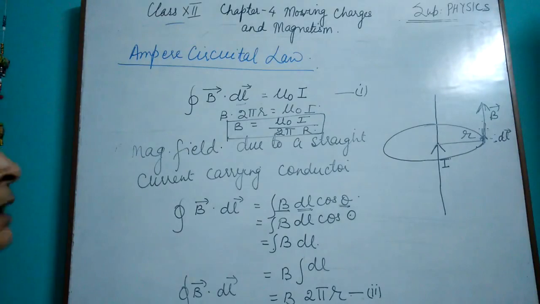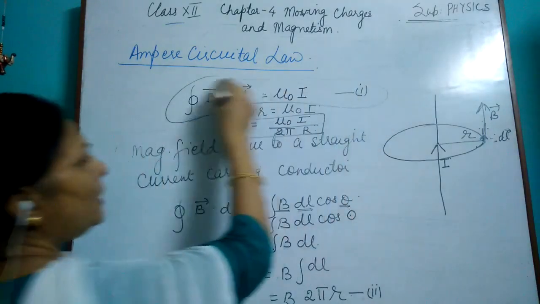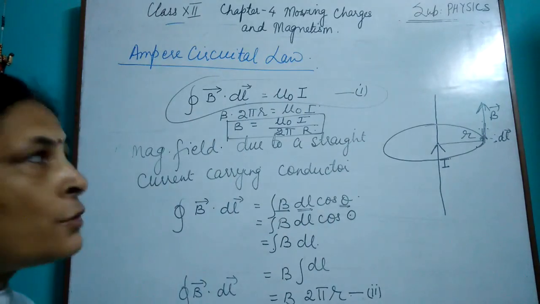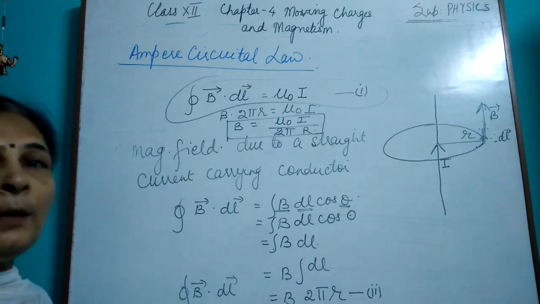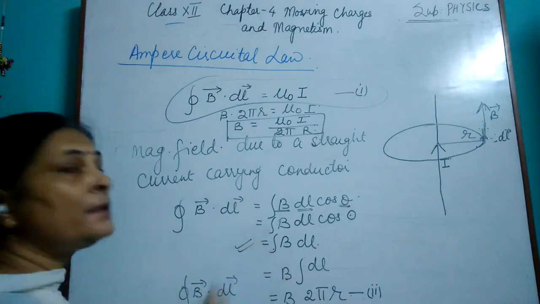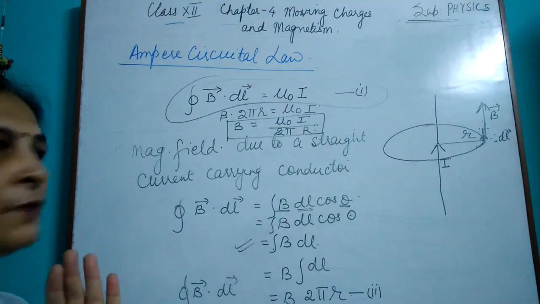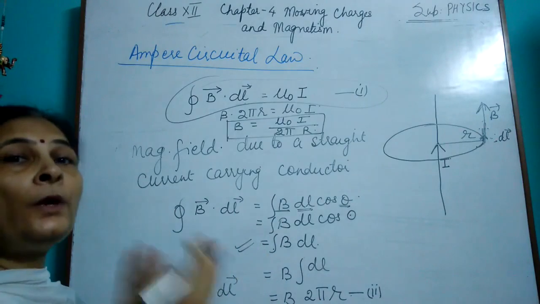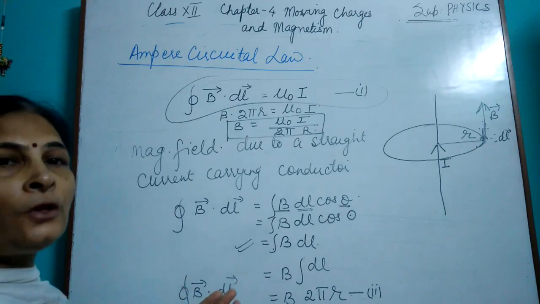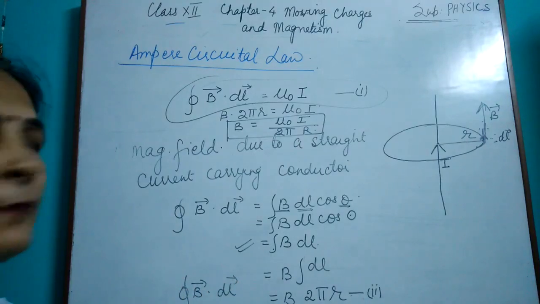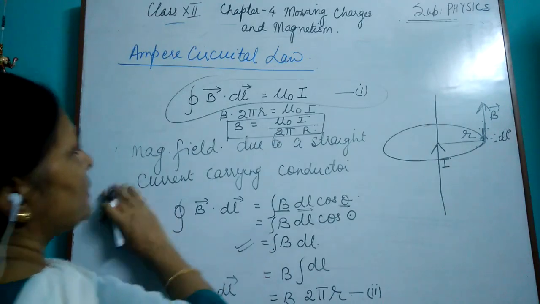I'm again repeating this statement. You have to remember it in analogy with Gauss's theorem so that you don't make any mistake, first thing, and second thing, you are able to derive these relationships in an easier manner. Making an analogy, like there you are making Gaussian surface, here you are going to make Amperian loop. This is the only difference. There you are having a surface, here you are having a length. That is, you are drawing an open surface around the current carrying conductor. This is the first case.